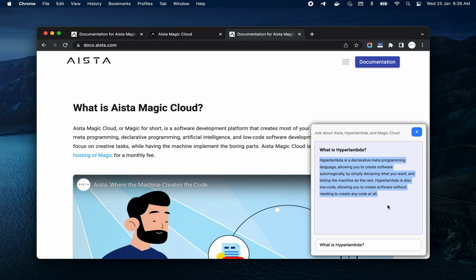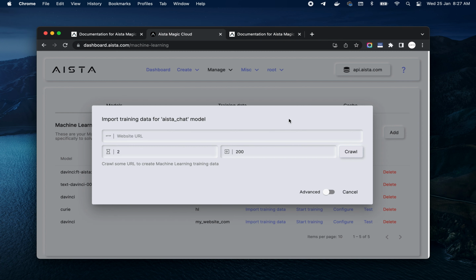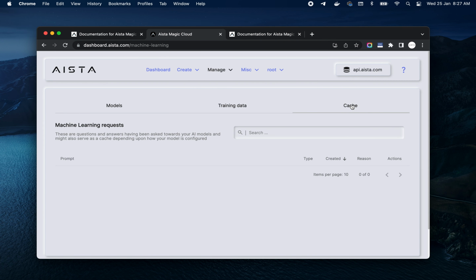Now, since I created the chatbot initially yesterday, I've gotten a lot of really interesting questions, and that is actually part of the point, because I knew that the chatbot was going to fail a lot of the times, more than 50% of the times. It gave rubbish answers. However, since Magic has the ability to cache